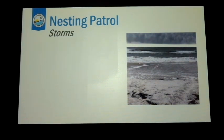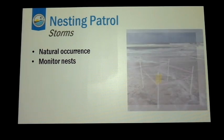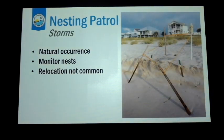Another thing that can disturb nests are storms and the high storm surges that can come along with them that will sometimes wash over the beach. This again is a natural occurrence, and we will monitor the nests through storms and after storms. Because when a nest does get inundated, the eggs actually can drown in the nest if they're underwater for too long a period of time. And while we don't generally relocate eggs on our beach, we do still want to keep track of which nests have been affected by high storm surges. And this is ultimately what can happen if a nest is a little too close to the shore. When we get a big surge, the whole nest can actually just...